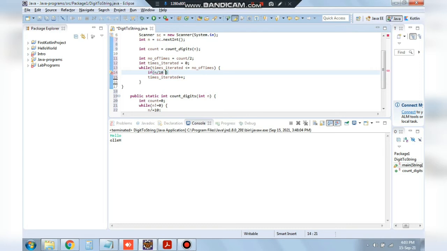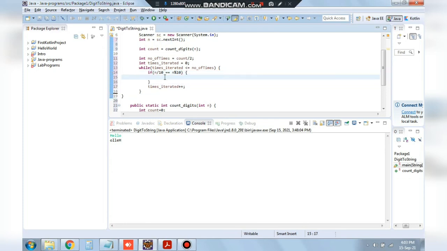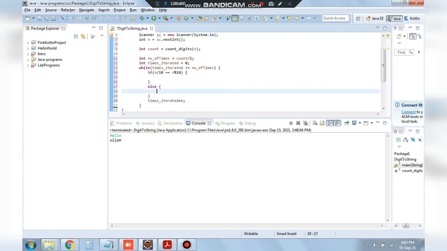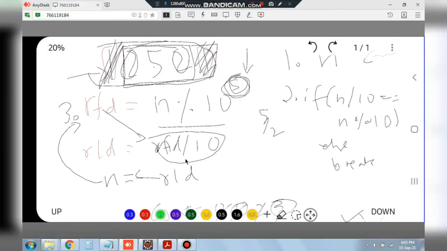Okay, n divided by 10 equal to n modulus 10. Okay, if it's equal, then don't do anything, else break. And if it's equal, then we have to pass to the next one. How can we do that? So what we did here is, after we get this as equal, else break that we have written here,